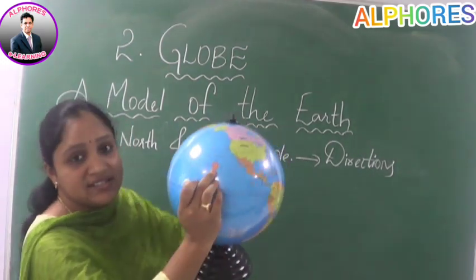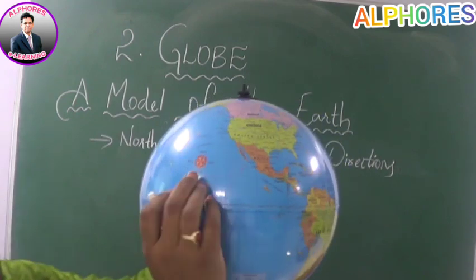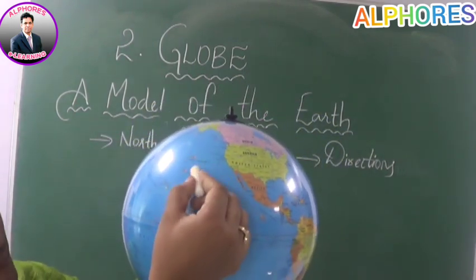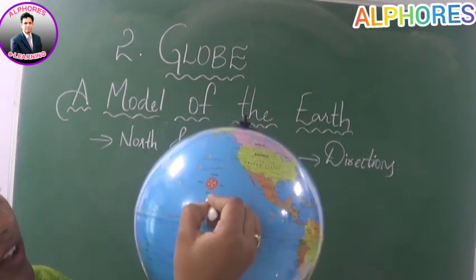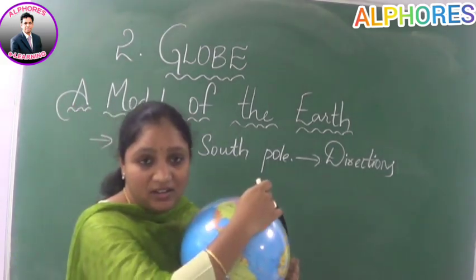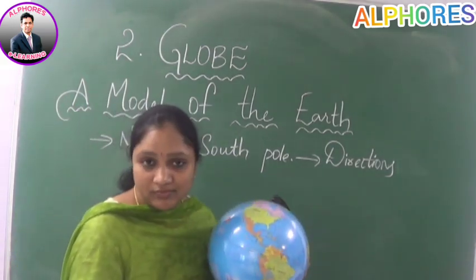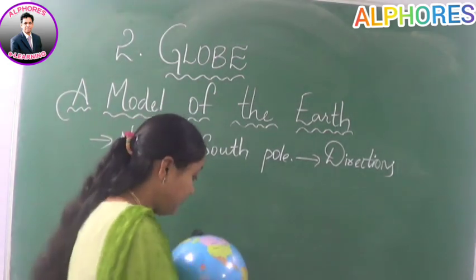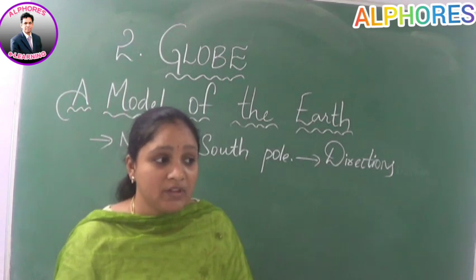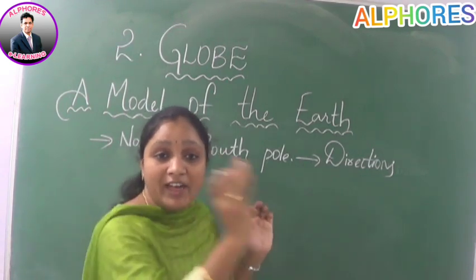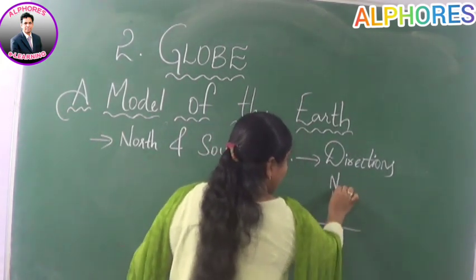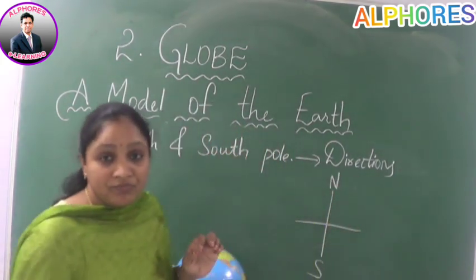At the top, it is showing the symbol. Yes, you can see, children, as they have given the hint, the top is at the north and the south is at the bottom. So we can assume that this is north and this is south, right? So when I told you how to assume, if it is north at the top and south at the bottom, we can assume that our right hand, when we are talking about the direction, this is north and this is south.